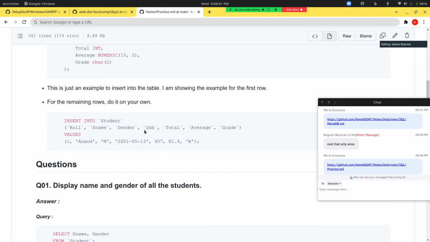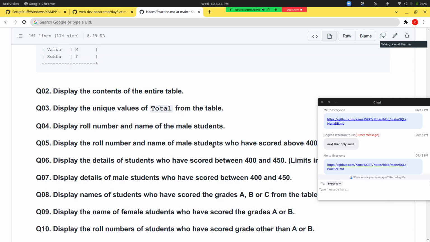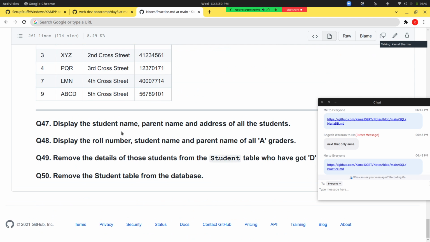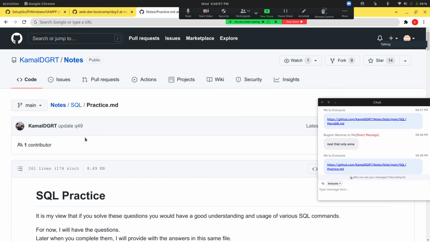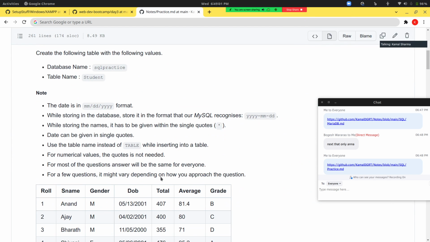That as well as on how to insert this particular thing. So you can try to solve these questions, and if you have any doubts in any of the questions, feel free to message me on WhatsApp. I'll answer those. This practice is so that you can get a hang of SQL to write different queries.